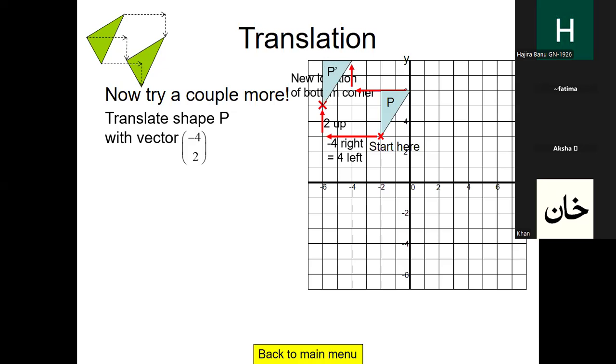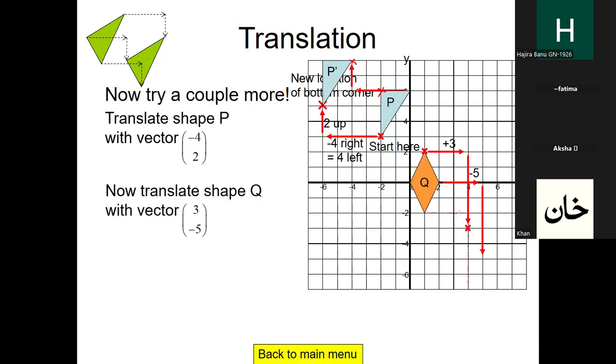Then you go for the new position and then you mark it. And then if you are marking the 2 corners, it's enough for you people to draw. If somebody is not able to draw, then you can even mark the next corner, the 3rd corner, and then draw the shape. This is translation.